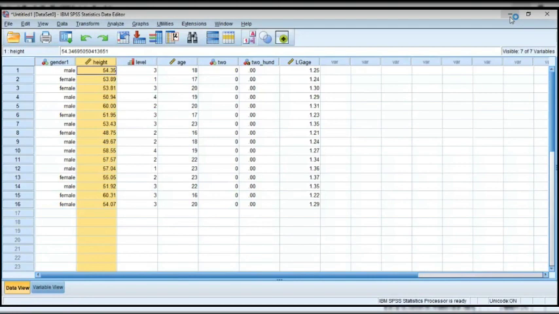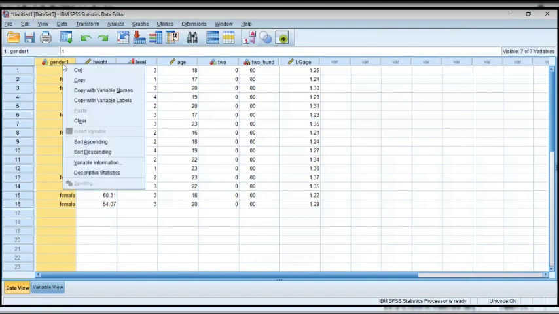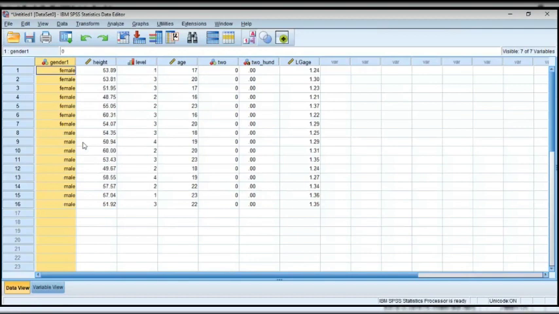Now, sorting is very, very possible. For example, I want the female to come first on this table, and I want the male to be at the lower part. I can sort them in ascending order. At times, it is very important for us to do this, so we are able to view our data set in a very appropriate manner.